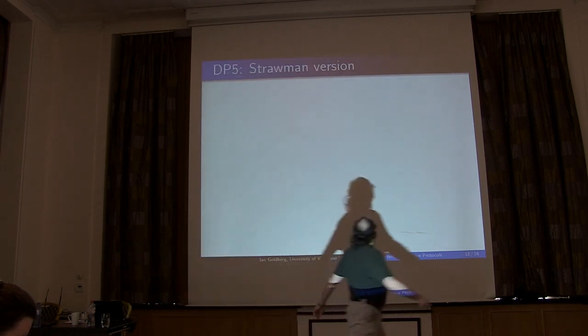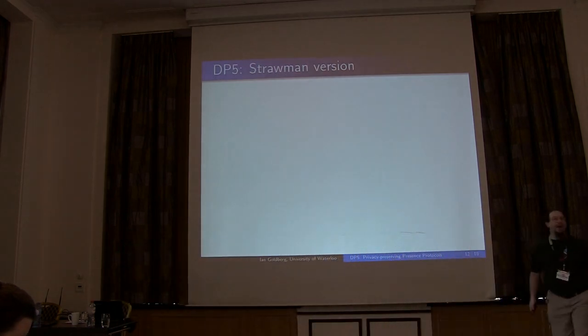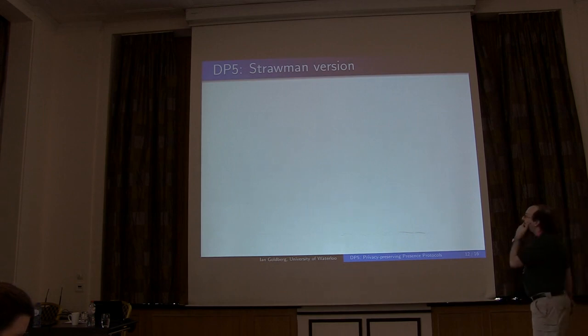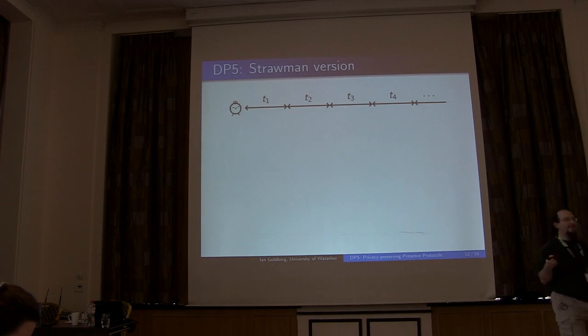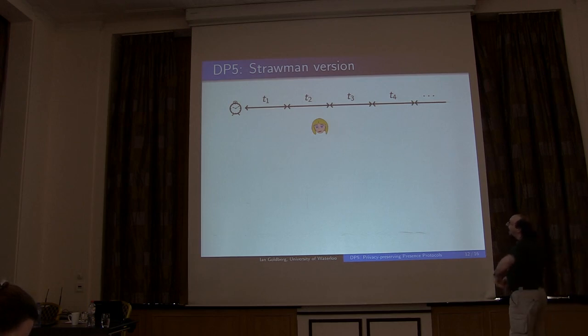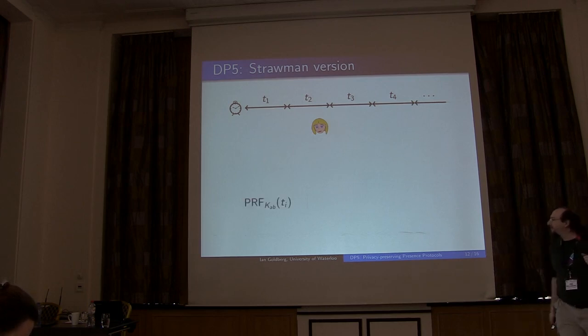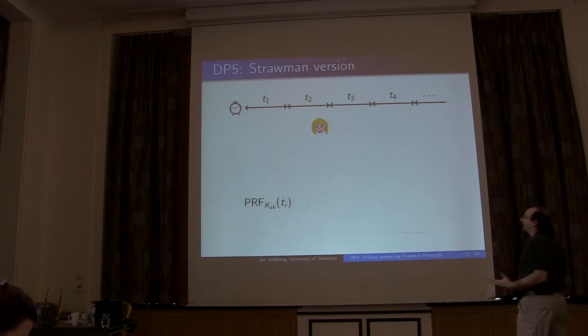Great. So, here's the straw man version of DP5. We divide time into epochs. How long these epochs are going to be is very important, but I'll get back to that in a minute. So Alice comes online during some epoch, and she registers with the server for each of her friends, Bob,